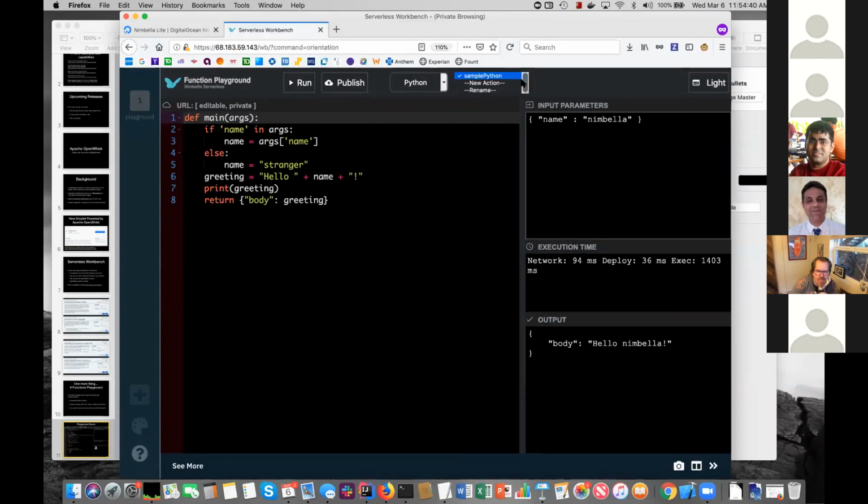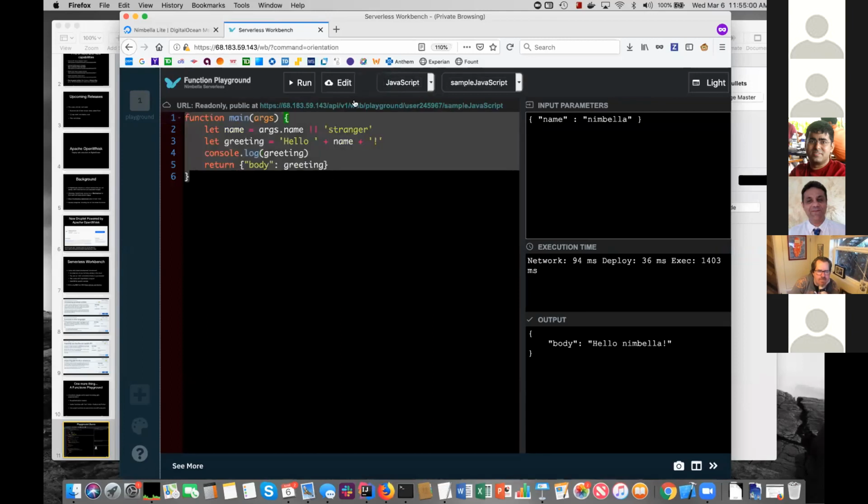And we're working on the experience, but you can create actions within here. We arbitrarily said you can create 3 actions in each language. So I think it's a nice way of doing things without having to really buy into getting a key and figuring out how to use the CLI, et cetera. I just want to write a function and try it out. So I thought I'd do a more interesting example.